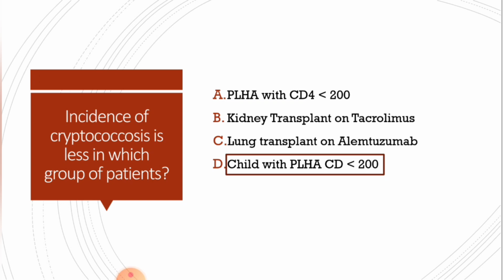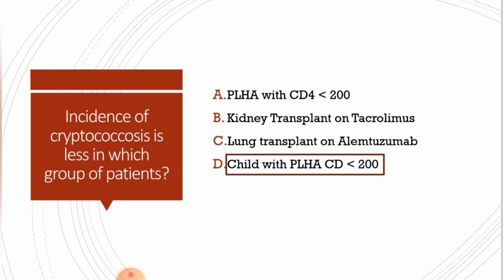And one more important point to note here is, when will you start this? Is there any recommendation for primary prophylaxis in Cryptococcus? No. Irrespective of the patient history, you will not be prophylactically treating, but you will be giving preemptive therapy, which I will be discussing later. And Cryptococcus infection, when will you suspect in a patient? When the CD4 counts are becoming less than 200.